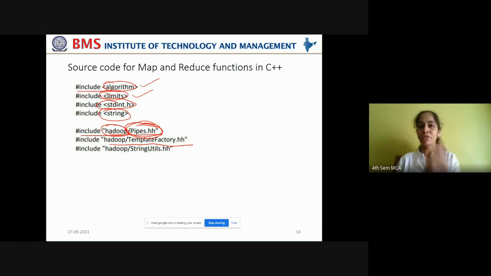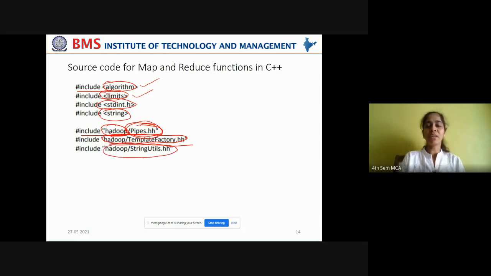Some may use string and int values, some may use double and float values. You don't know what the template would be, so you have to get ready with the template factory, which will have the flexibility to be customized into whatever the application demands.